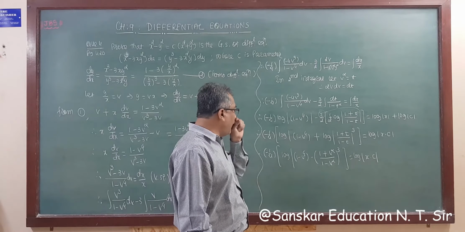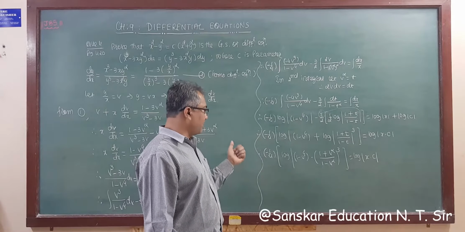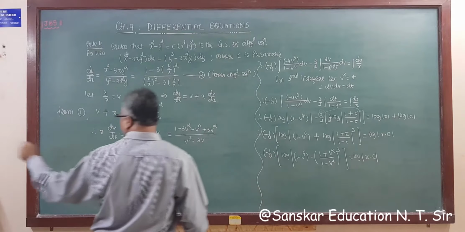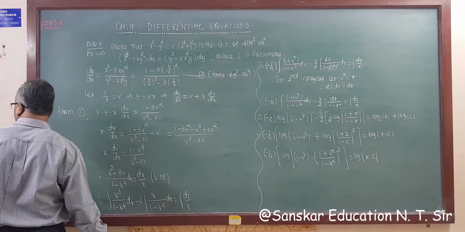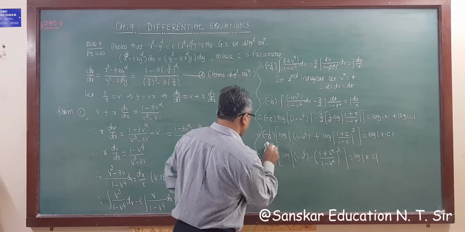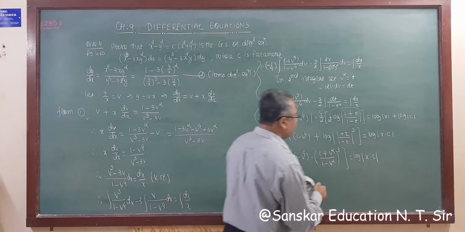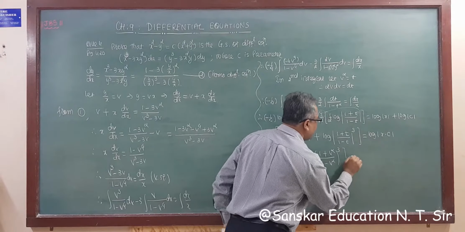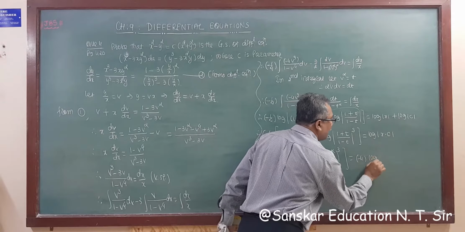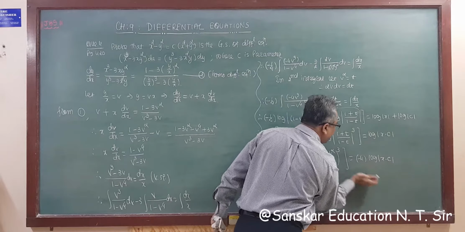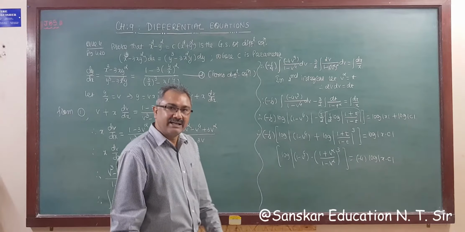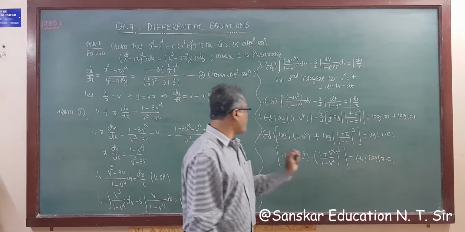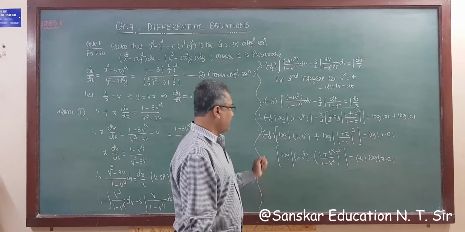Now log is a one function, but before that, if you want to reduce the steps, then you can write these two here. So instead of this, I am taking minus 1 upon 4 to the opposite side, means here it becomes minus 4. So I am taking minus 4 to here. So this is minus 4 log mod x c. We get log mod x c. Got it? Now taking minus 4 to here, log is a one function.